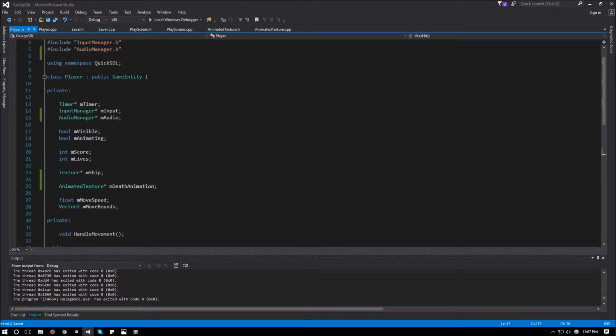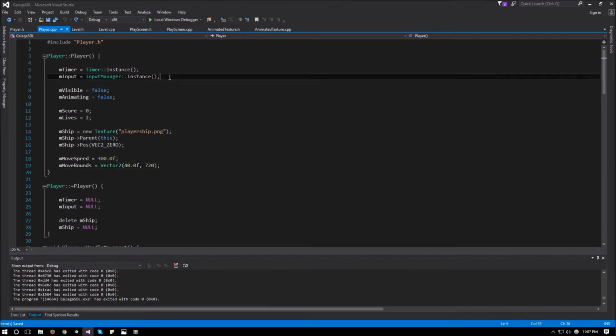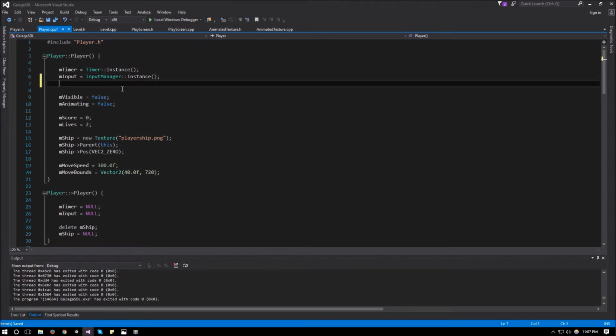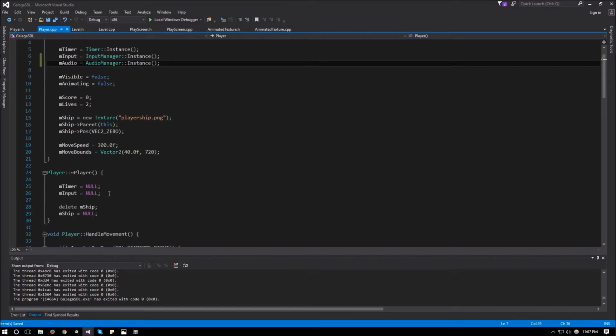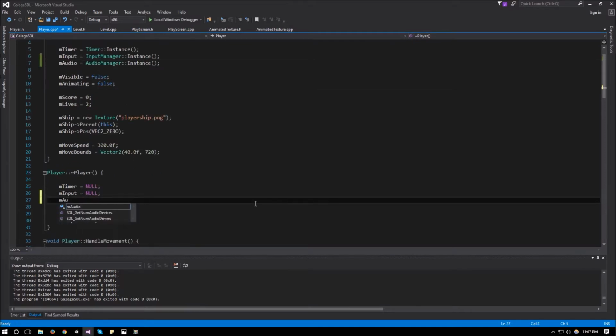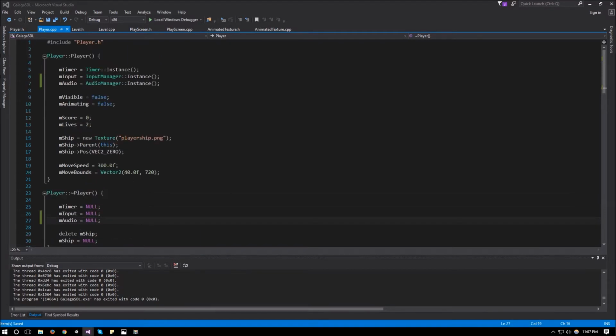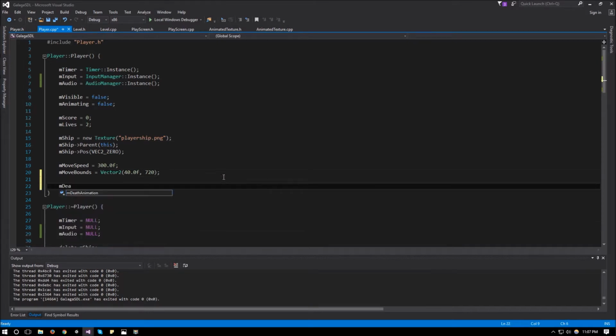So now that we have everything in the .h that we need, we can go to the player.cpp and start implementing these. So we'll go to the player constructor and say that M-Audio is going to be equal to an audio manager instance. And we will go down here and set it to null in the destructor. And then next up, we will initialize the death animation. So for the death animation, we need to say that mDeath animation is going to be equal to a new